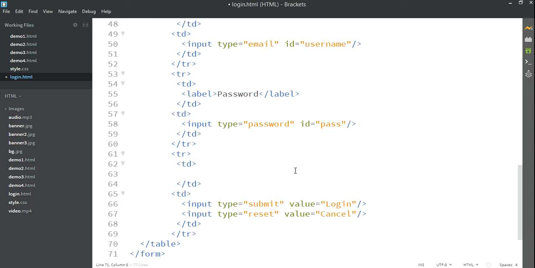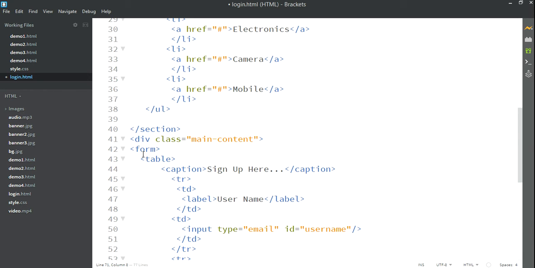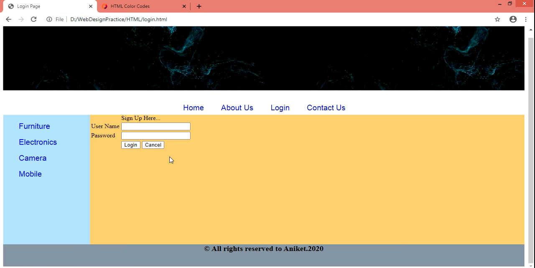HTML for it. So as we have learned how to work with form tag and how to arrange data in table, so quickly I have added it. So I will save the changes. I will check out the output first. So this is our label, sign up here, username with text box, password with the text box, login and cancel